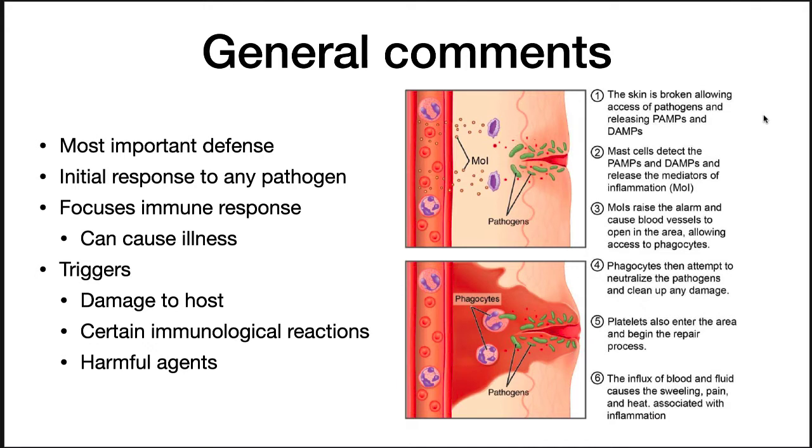Again, inflammation is the most important defense that your body has. It's the initial response to any pathogen, and what it does is it focuses the immune system on the actual problem in your body. Now, inappropriate inflammation can cause illness, especially in people as they age, and this is an active area of research. Triggers of inflammation are damage to the host, certain immunological reactions, and then, of course, harmful agents